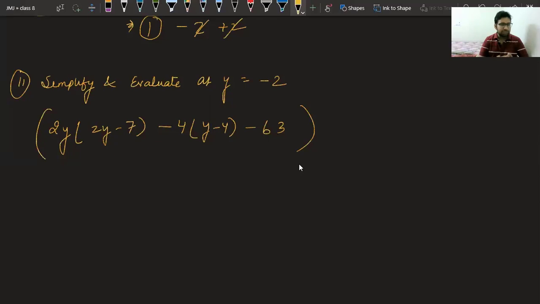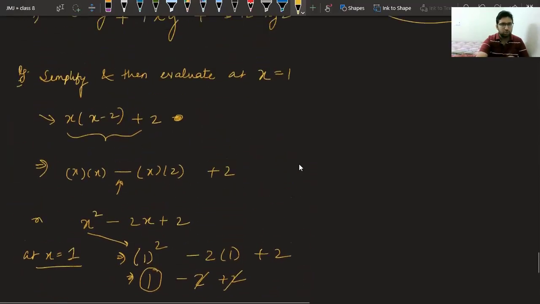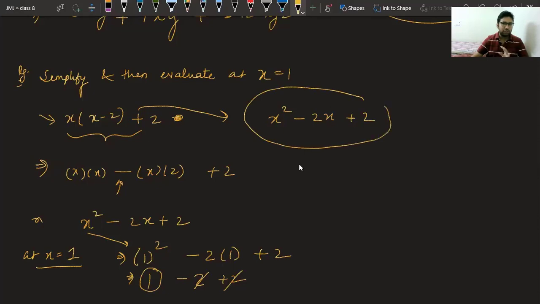Srishti is saying, sir, the answer should be 3 only. Okay, 1 second, beta Srishti. Let me clear your doubt. See, Srishti, when you multiplied this, you got x square minus 2x plus 2. Any issue in this thing? Srishti, do you agree with this? Srishti, do you agree with this statement, beta?